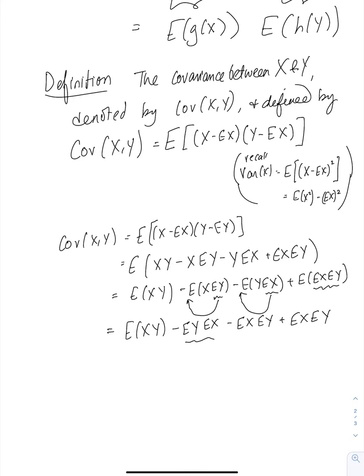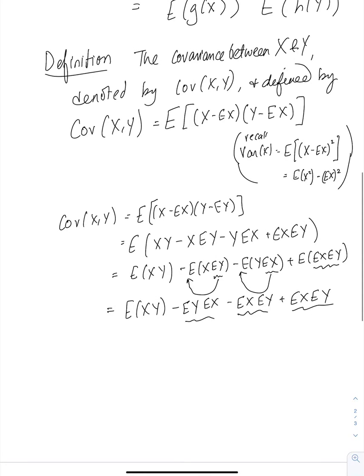Well, you see, all these are the same. It's just the product of the expectation of x and the expectation of y. So just combining these terms, two of them are with the negative, one with the positive. So you have E of xy minus E of x times E of y. Okay? So you see over here, this is the analogous result for covariance, analogous representation for covariance that you had for